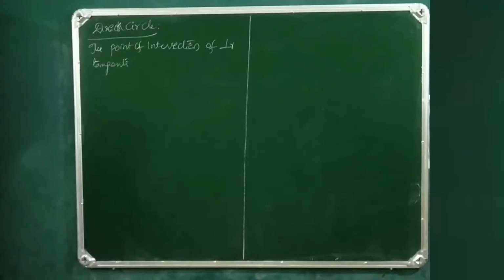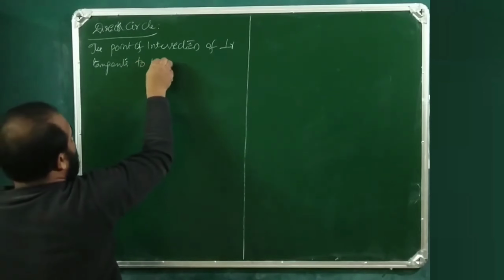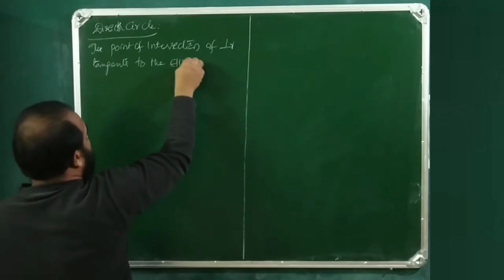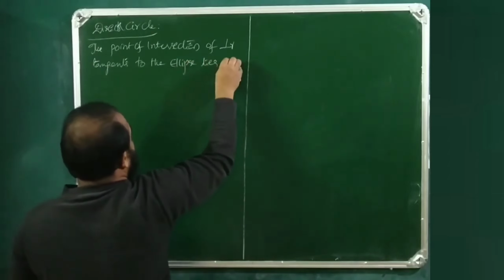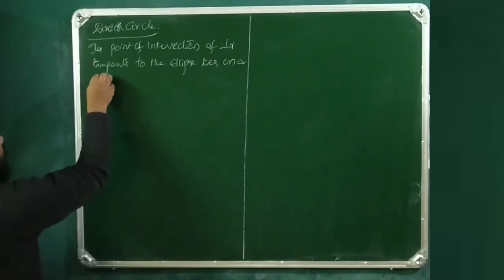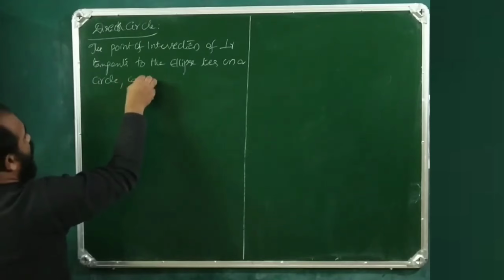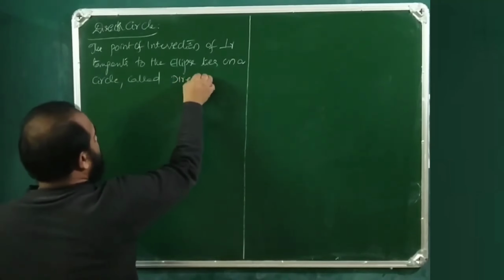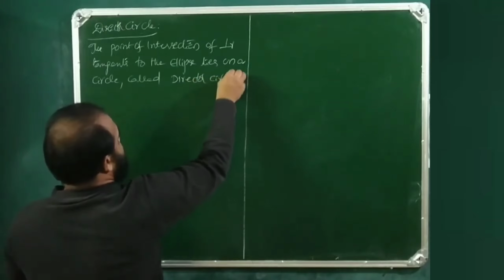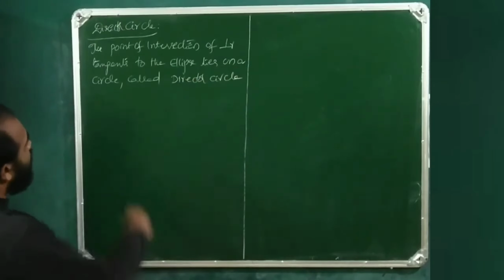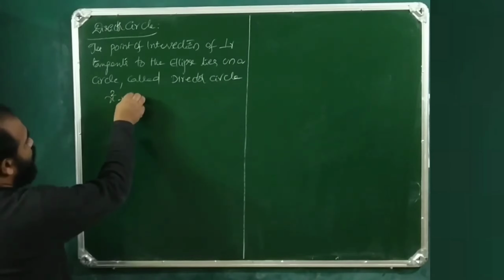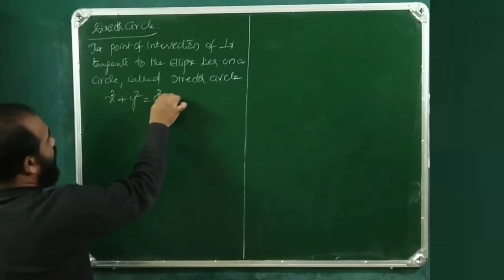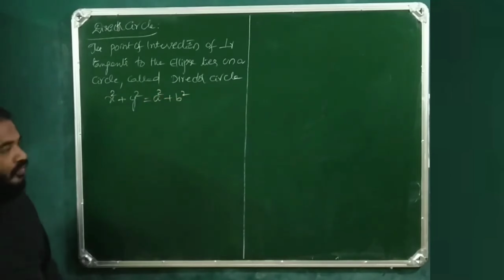The point of intersection of perpendicular tangents to the ellipse lies on a circle called the director circle. So its equation is x square plus y square is equal to a square plus b square. That means